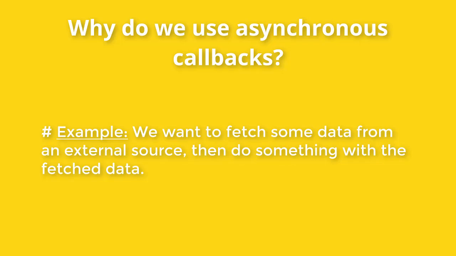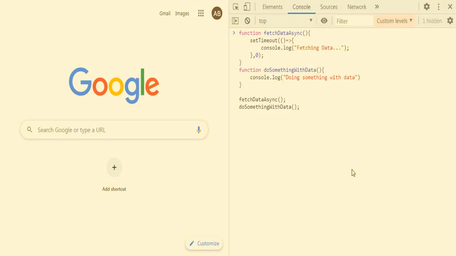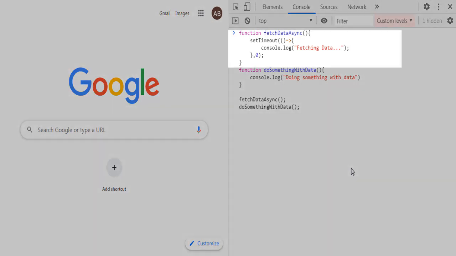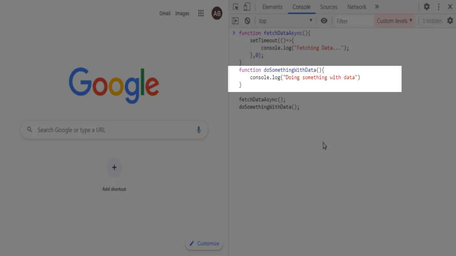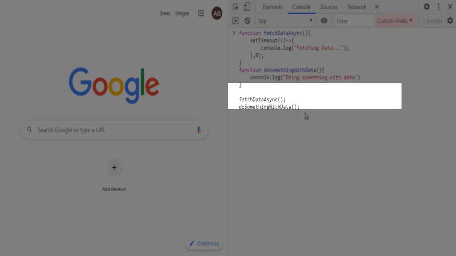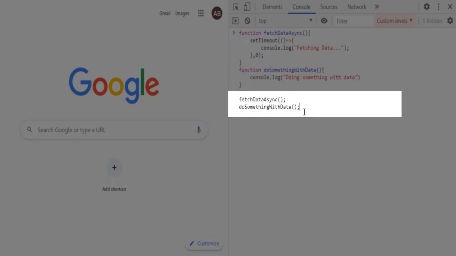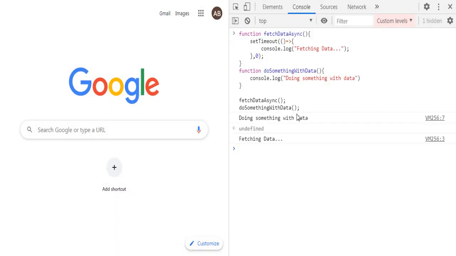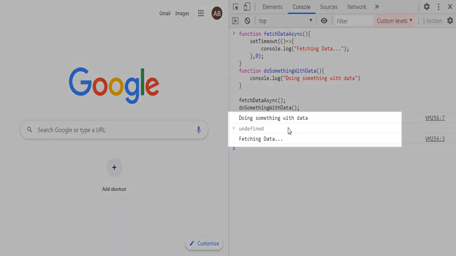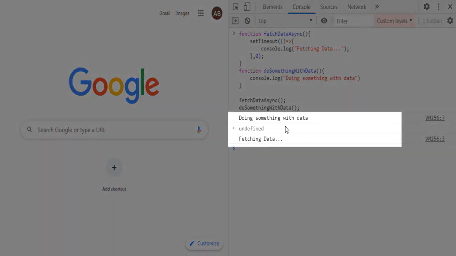Let's jump into the console and try to solve this problem. In this first solution, we are not using the asynchronous approach. We are defining two functions. One of them simulates fetching data from an external source, and the other simply simulates that we are doing something with the data. If we invoke the two functions, fetchData and doSomethingWithData, in this order, and then hit enter, notice that we are not getting the expected output. We're getting "doing something with data" printed before "fetching data",